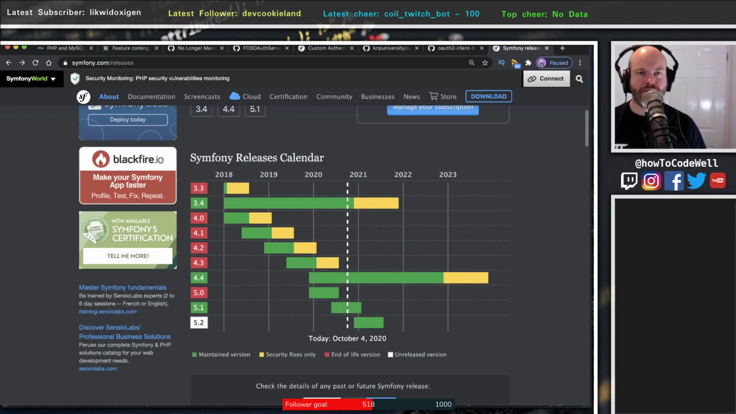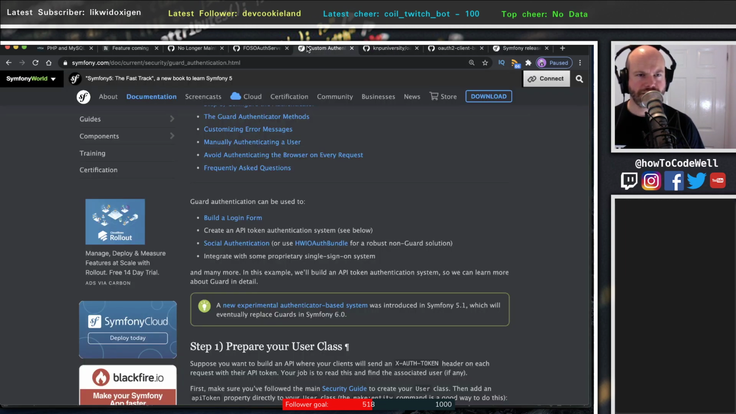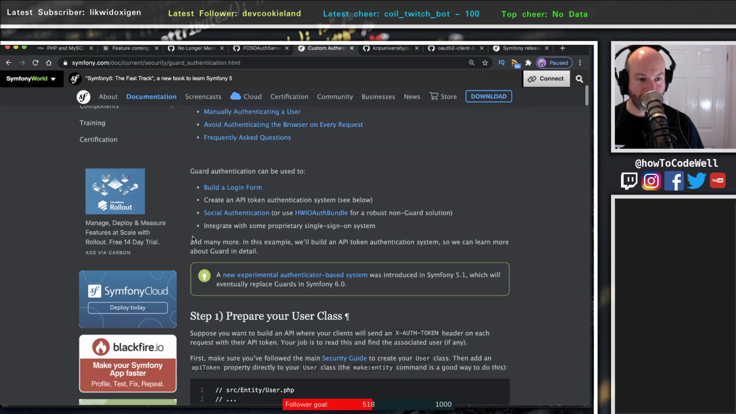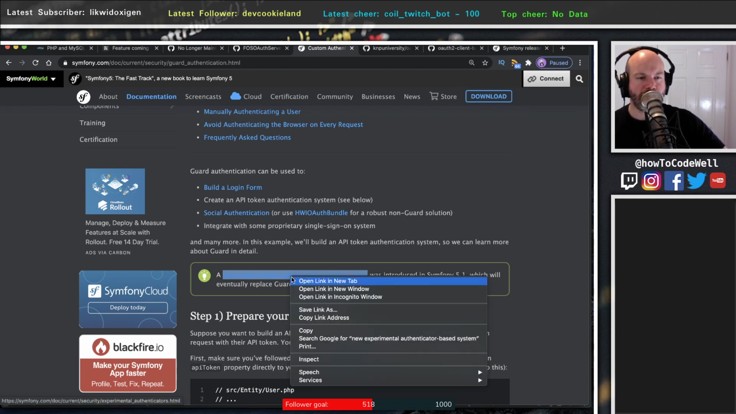But the thing that I really like about Symfony is the way that they document all of this stuff, right? So a new experimental authenticator-based system was introduced in 5.1, which will eventually replace guards in Symfony 6. No idea when Symfony 6 is going to be out. So, meh. And if you open this up,